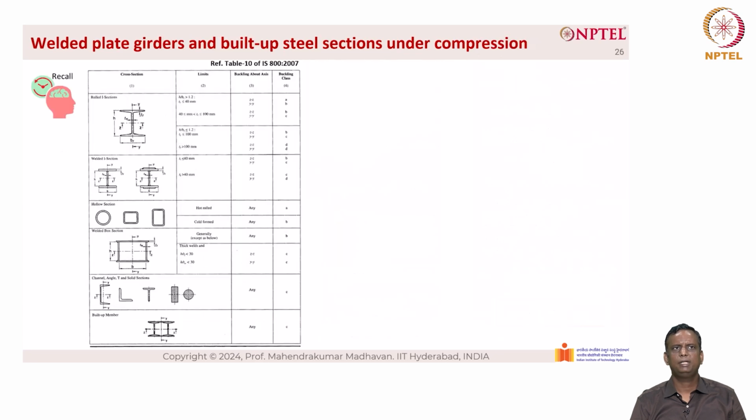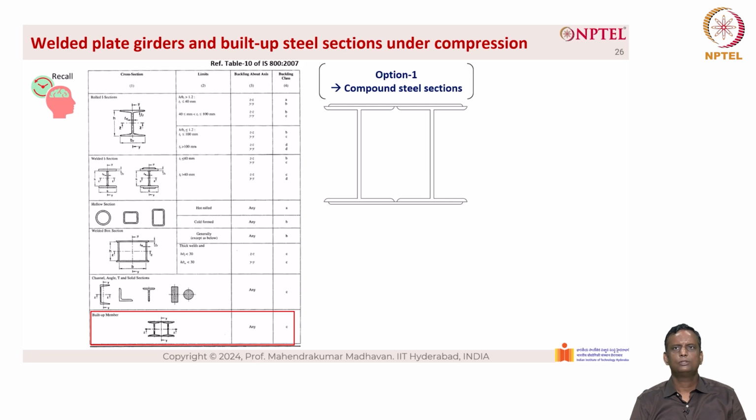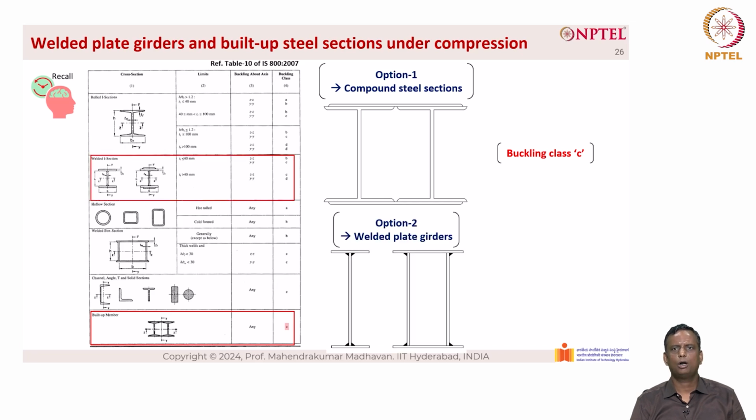Now, how do we take this into consideration? So, recall table 10 of IS 800 here. You can see for the built up member, the last section is given here. So, there is an option of taking compound steel sections. That leads to buckling class C, and we can also take option 2, which we described as welded plate girders. Here you can have buckling class B, C or D, but not buckling class A,